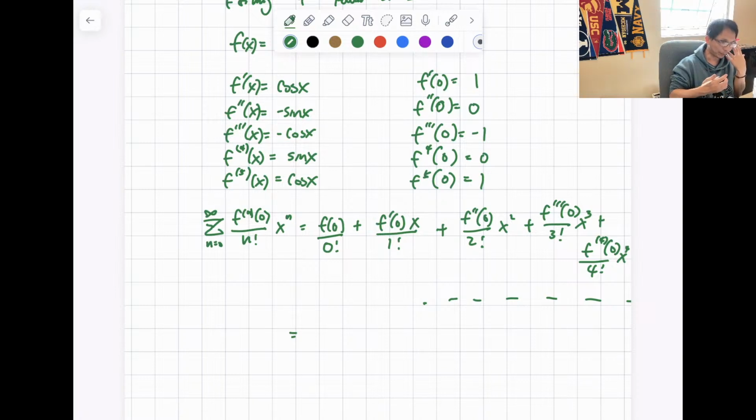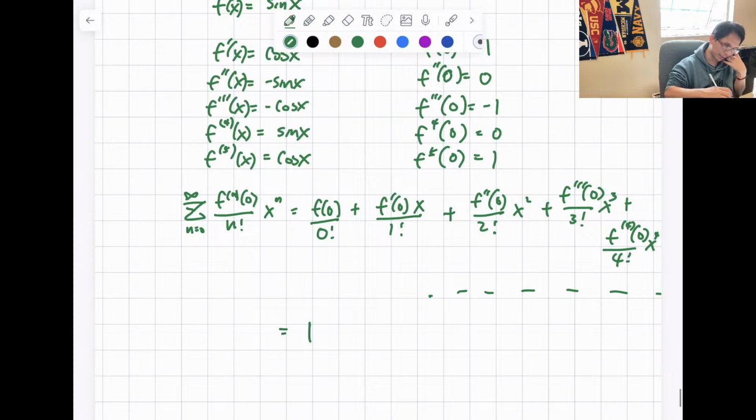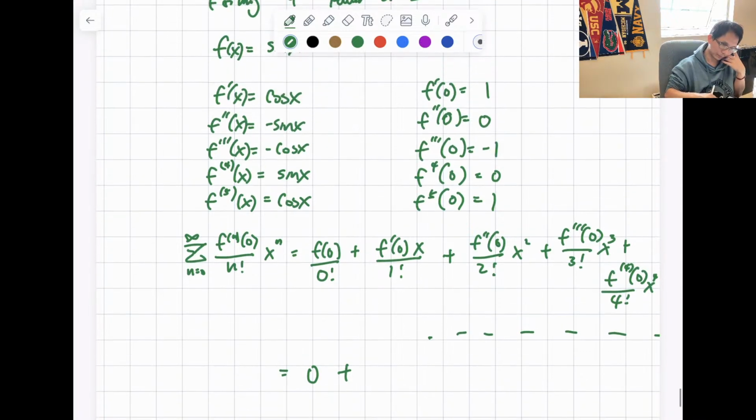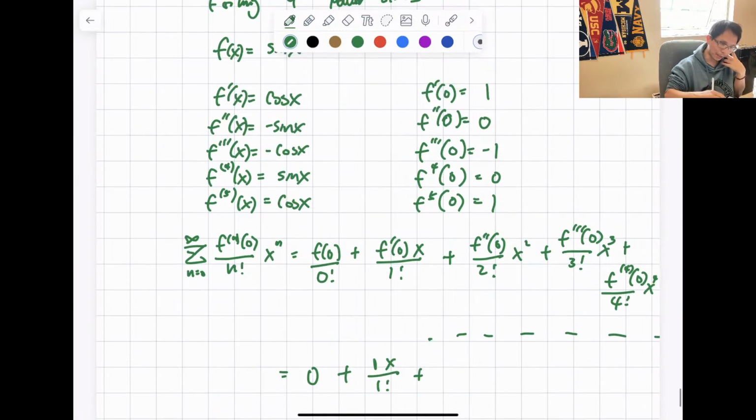Okay, so we're gonna replace that. This becomes 1, right? Oh, sorry. This becomes f of 0. F of 0 is 0. F of 0 is 0 plus what's f prime of 0? 1 times x to the 1 factorial, plus f double prime of 0 is 0 x squared over 2 factorial, which just goes away,